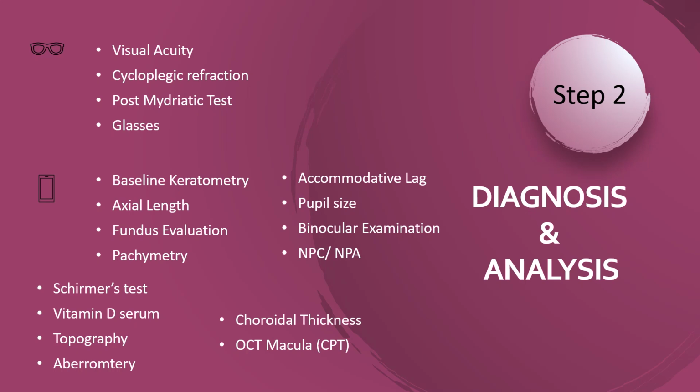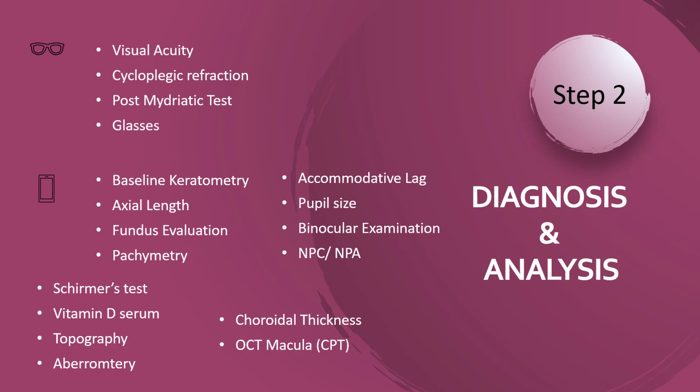But remember, when you are planning to use low concentration atropine, you should be aware of accommodative lag, which is commonly done with the monocular estimation method. Now, this is a very easy test. What you do is you give the patient glasses. So when the patient has come the first time to your clinic, you cannot do accommodative lag. You have to do a cycloplegic refraction. Call the patient with glasses after a month or 2 months or 3 months, whatever is your time interval. And then if there is a progression, or even if there is no progression, you can easily do